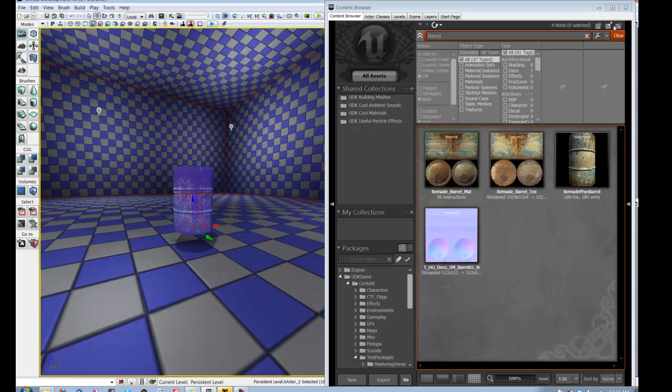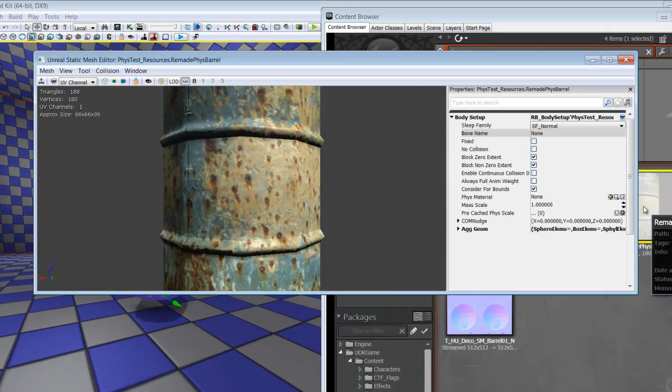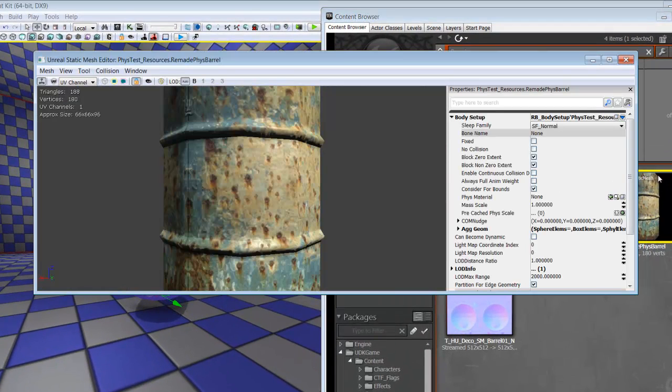and we'll close out. The other issue that I want to address is that our barrel seemed pretty light when we were in the world there. We could toss it around very easily, and that doesn't seem very accurate for a metal barrel of its size. So to fix that, we will bring up our static mesh editor again,